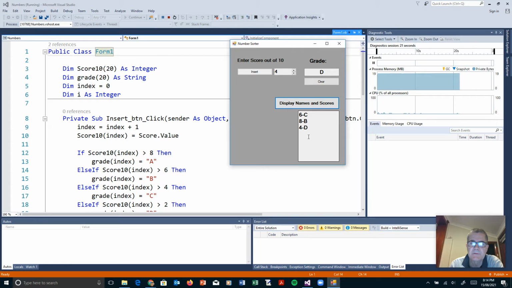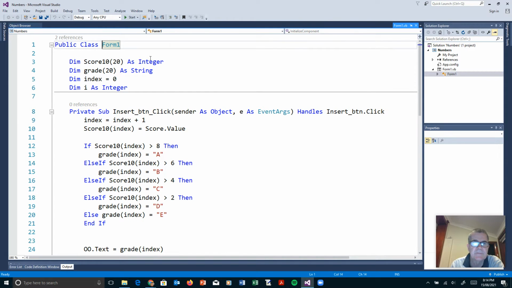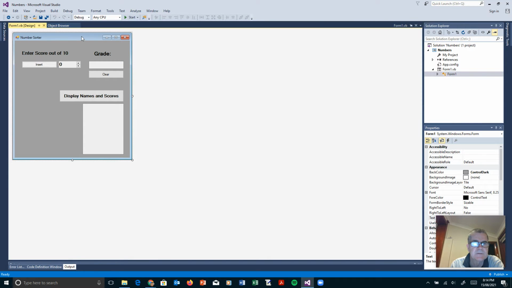I can display my scores here. Now it says names and scores, so I've got to put another section in here to enter the names as well. Then I can display them both. Okay, so close it off. Let's go back to our code, but I'm going to look at the designer page first, because they're the changes